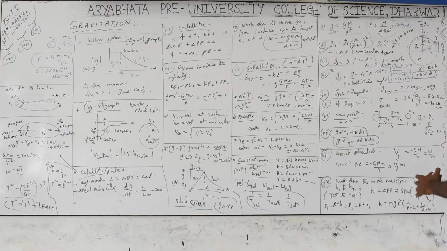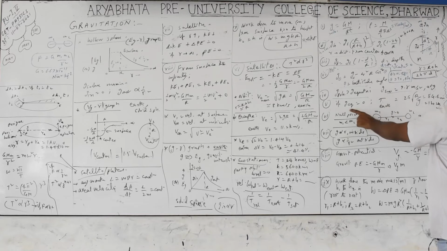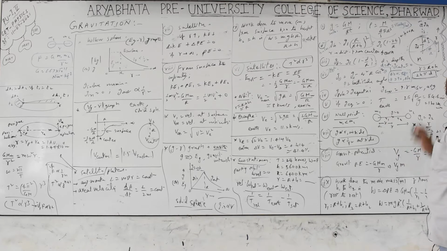So in this case, at the equator, the possibility is that g becomes equal to 0. If g equals 0 comes by the change of rotation, then the time period of rotation of the earth is given by this formula: T equals 2 pi under root of r by g, which equals 24.6 minutes or 1 hour plus some minutes, something like 20 minutes. That is the time period of rotation of the earth when g at the equator becomes 0. That's so fast: instead of 24 hours, it now takes only 1 hour to make one rotation. The duration of the day changes to 1 hour plus.